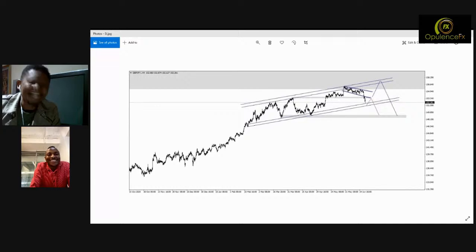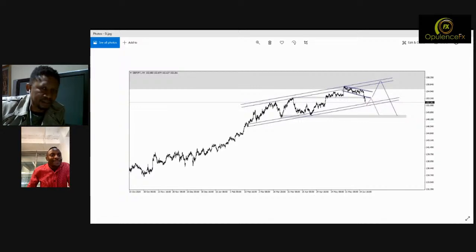Yes, because buying would be absolutely risky, right? Buying at these levels would be absolutely risky. I agree with you. I think it would be either sell the top or wait for the wedge to break and then sell. Definitely, absolutely. Fully agree. So basically, we're looking for the bearish kind of entry, whether the market will delay that or fast track that.